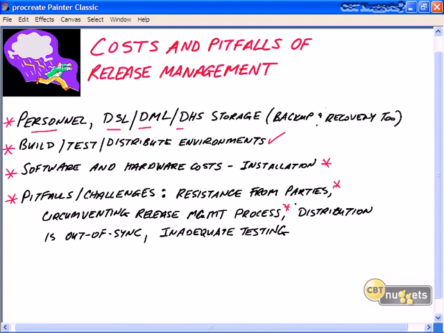Happens all the time. Also, another pitfall is when the distribution process itself is out of sync. For example, one business unit or one area releases the software or hardware weeks or months in advance of another business unit that can cause political problems, morale problems, personnel problems. And of course, the biggest pitfall of all is simply inadequate testing. You cannot test enough. You cannot create a too perfect prototypical environment to test out your hardware or your software